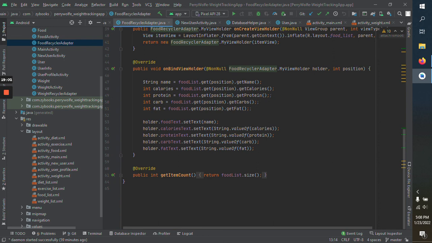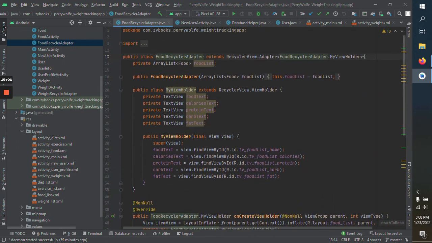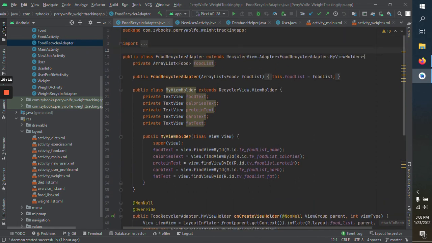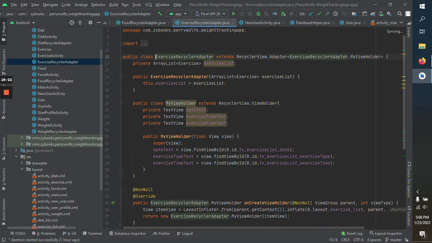Our documentation. Is the code clearly and adequately documented with an easy to maintain commenting style? Absolutely, I think it is. Actually, okay, so there could be, for example, this class has no comments on it at all. I think none of the recycler adapters have comments, so I do need to go back and add some comments,